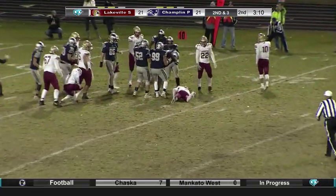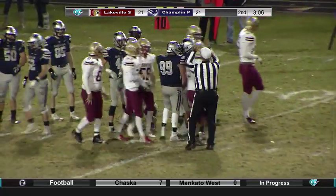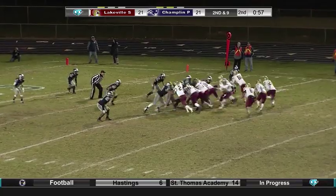That's a fumble. It's recovered. And again, disrupting the play. And Shabazz on that play was number 60 for the Rebels. They all have their own